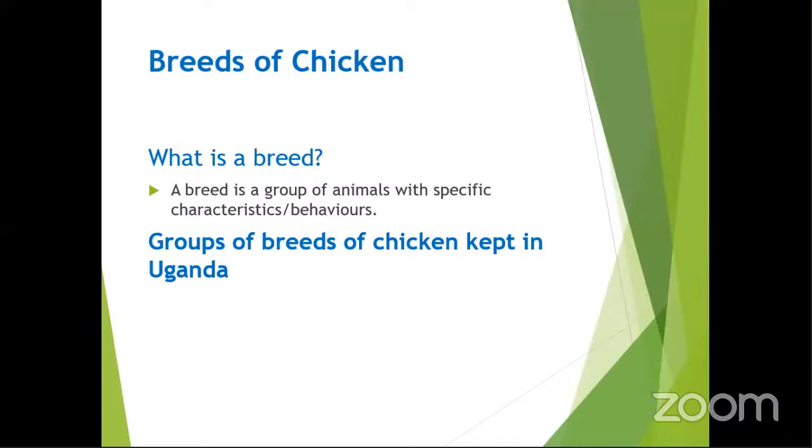So meaning these are the types of chicken that have existed in East Africa for a long time. But specifically, since we are talking about Uganda, we can simply say these are breeds of chicken that have existed in Uganda for a long time. As simple as that. That's in case they ask you to give the meaning of the word local breeds. You will simply say these are types of chicken that have existed in Uganda for a long period of time.